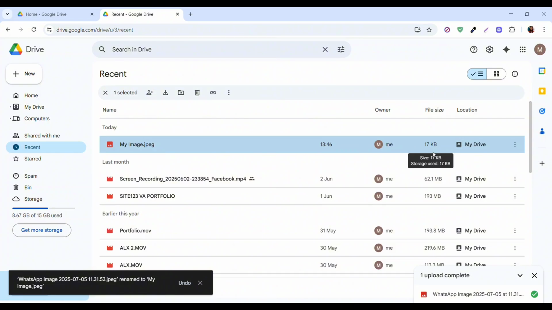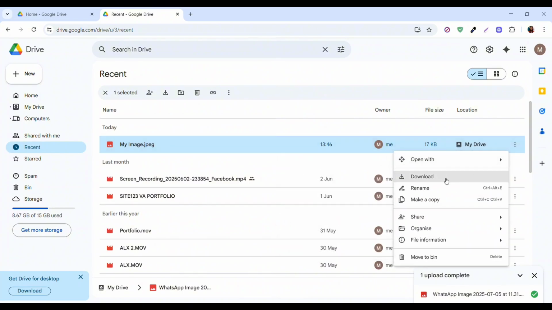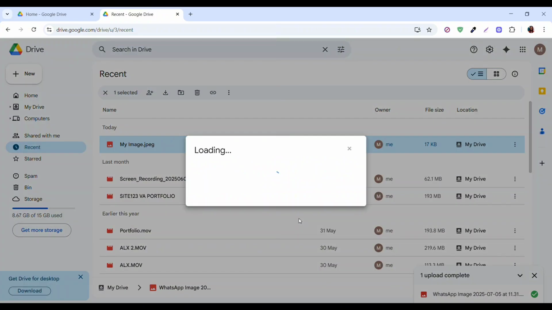Now, how do I share this image with somebody? So I'll click on this three dots again. Now you see, so if you want to download it, you can click on download. If you want to make a copy, you can click on make a copy. Now I want to share this, so I'll come over to share. So you can see share, copy link. So what you want to do is click on share. Don't go ahead and copy the link. Click on share. Once you do that, it takes you to this interface where you get to see